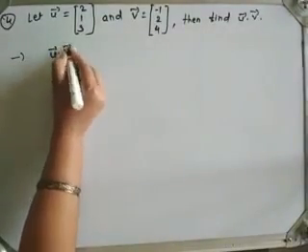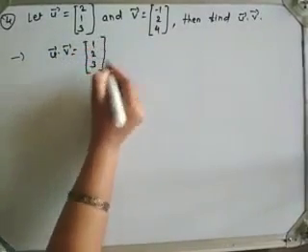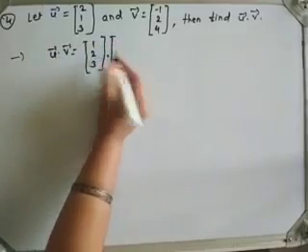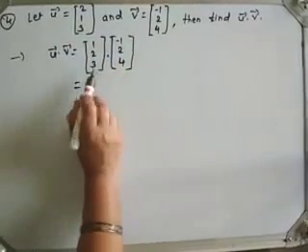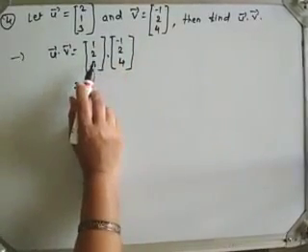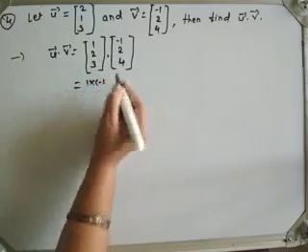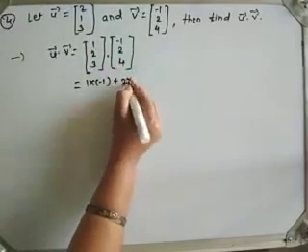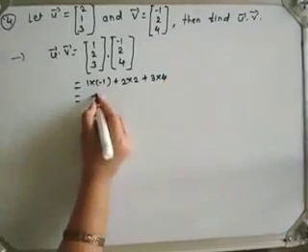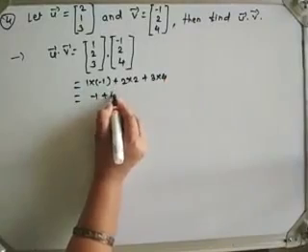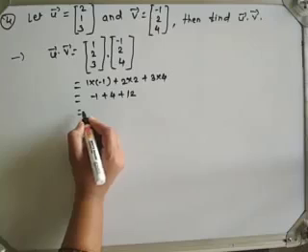U bar dot v bar is equal to the matrix 1, 2, 3 dot -1, 2, 4. We have to multiply corresponding entries of u bar and v bar and add them: 1 into -1 plus 2 into 2 plus 3 into 4, which is equal to -1 plus 4 plus 12,